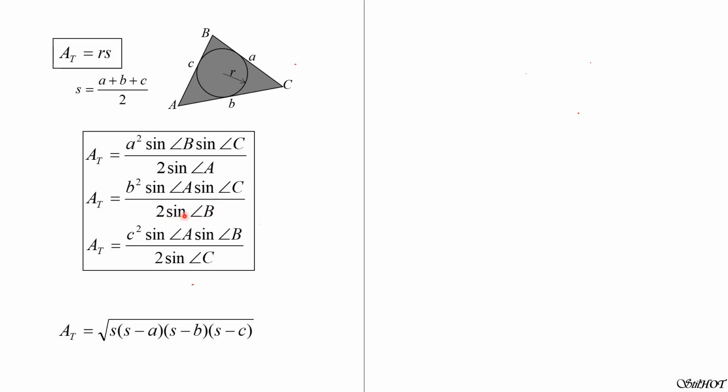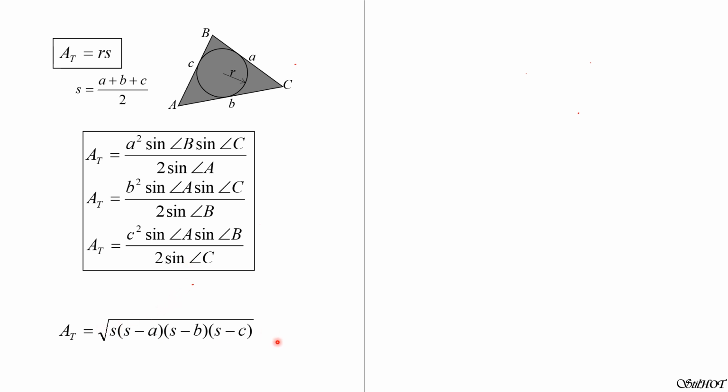In other words, in this denominator, instead of sine angle B, you can also replace this by sine of quantity angle A plus angle C, because sine of angle A plus angle C is equal to sine of 180 degrees minus quantity angle A plus angle C, and angle B is 180 degrees minus quantity angle A plus angle C. So it's the same, but this is easier to remember also.